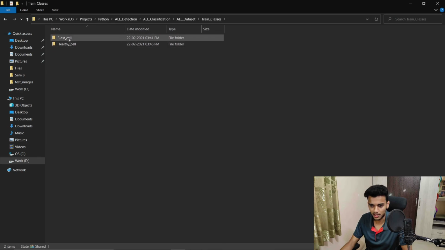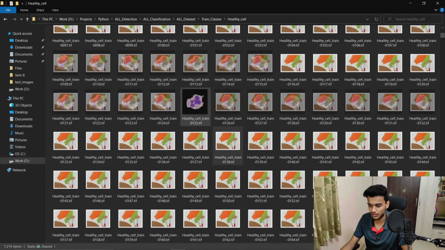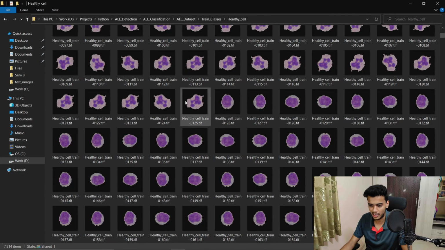As you can see, there are two classes, blast cell and healthy cell, because this is a binary classification. These are the data set. As you can see, all the backgrounds are black over here. That's why we use the masking model before that, so that we can easily mask that exact WBC in the image and then remove its background. That's why we have done the masking part over there.